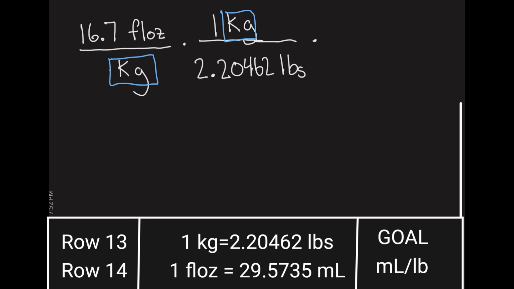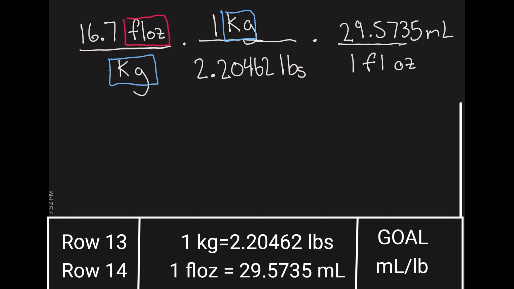So let's go back to our conversion chart. Looks like in row 14, we have that 1 fluid ounce is equal to 29.5735 milliliters. And again, we want to get rid of the fluid ounces, which are currently in our numerator, which means I should place them in our denominator. This says 1 fluid ounce is equal to 29.5735 milliliters. Perfect. And again, I'm going to highlight my fluid ounces